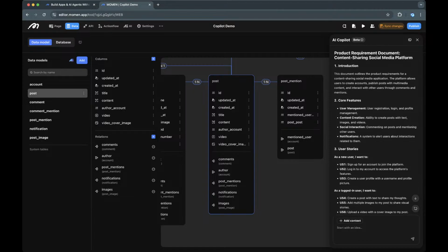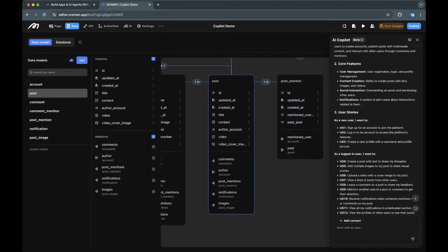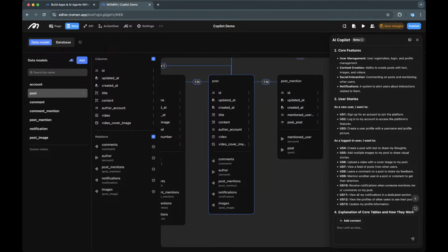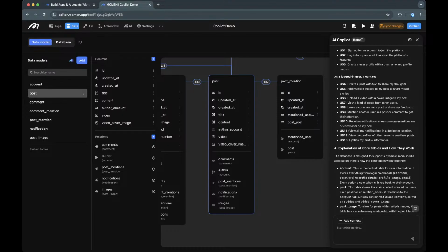Product requirement document: a content sharing social media platform. All right, so that's what we basically did. It's a forum. Core features: user management, registration, login, profile management; content creation, the ability to create posts with text, images, and videos; social interactions, commenting on posts and mentioning other users; notifications alert users about interactions related to them. User stories: as a new user, I want to sign up, log in, and create a new profile. As a logged in user, I want to create posts with text to share, add multiple images to my post to share visual stories, upload video with